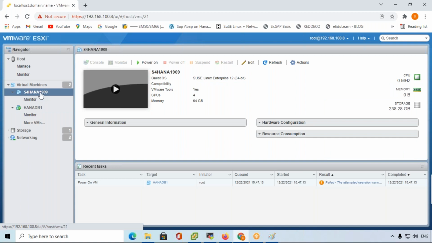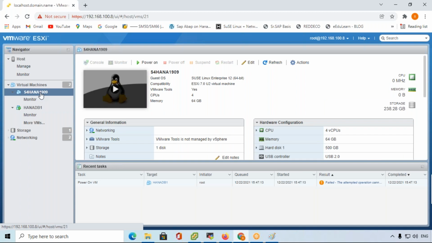S4 HANA is an extension of SAP ECC. We'll discuss that concept also in coming days. Click on power on.